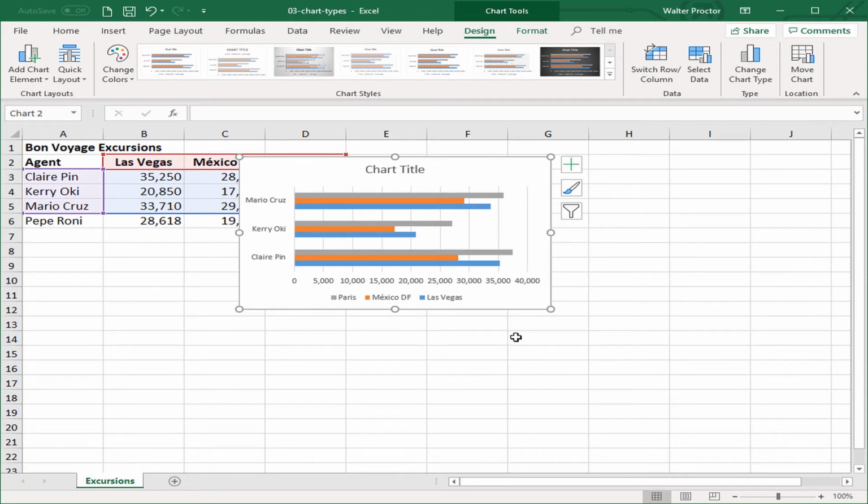Additionally, you can switch the rows and columns of your data. Notice here on the Chart Tools Design tab, over to the right in the Data group, you'll see Switch Row/Column. All you need to do is click on it, and you'll see it switches my data, so it puts all of my agents at the bottom, and now on the left-hand side are all of the